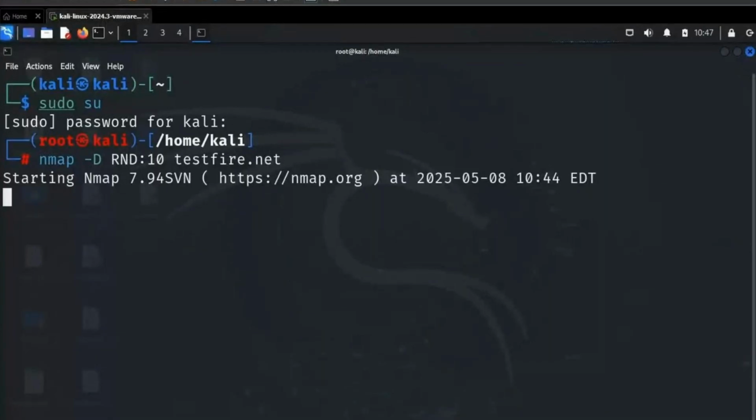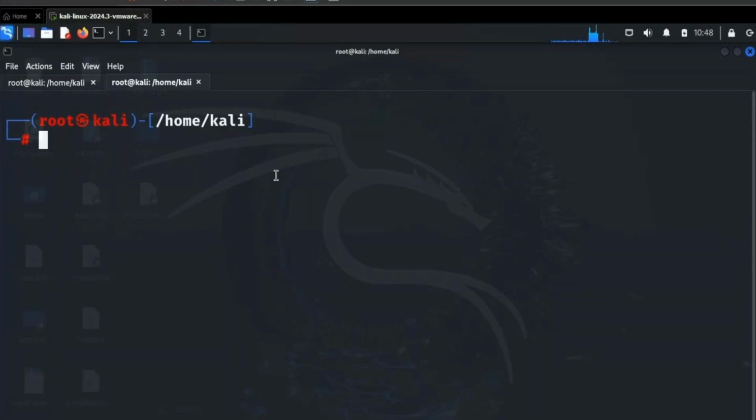Now while it is taking time, let me show you the other ways to bypass the firewall as well. For finding out if a firewall is present or not, when you do a scan, whenever you are scanning a web application or a network first, if you are scanning a network and your scan will not work, that's obvious that there is a firewall in between. But if there is a web application firewall, what you can do is